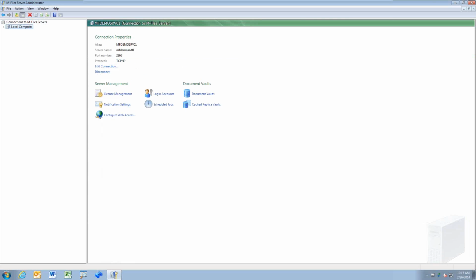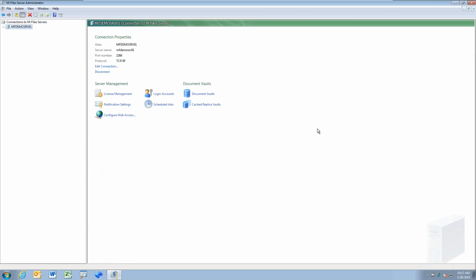That's what it's going to look like if you start this from the server itself. If you wanted to administer the server from a remote computer, which is essentially what I'm doing here, because yesterday I was talking to you about the demo environment, I'm on a workstation in the demo environment connected to a different virtual server. And so that's why we saw my server name up here